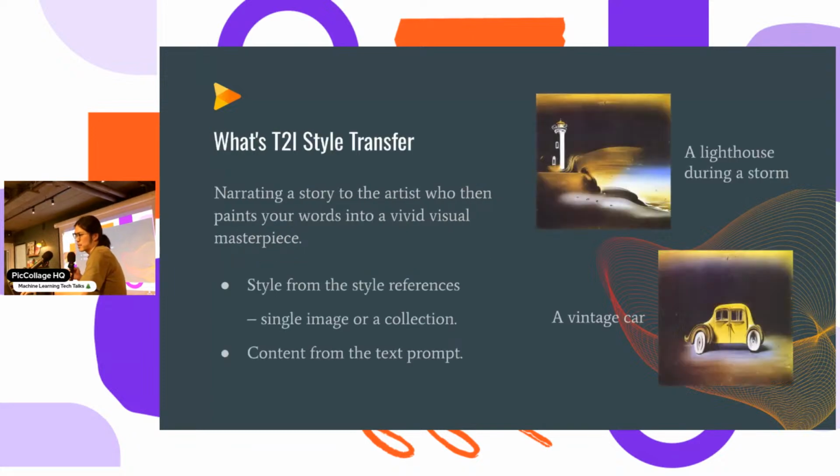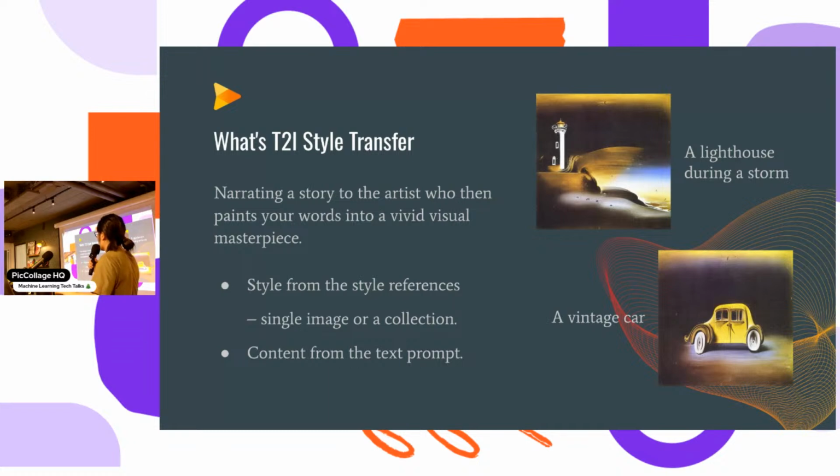So first of all, what is T2I style transfer? We all know T2I generation. We feed a prompt into a model, and we wish the model can generate some results that align with our prompt and are appealing. If we want the result to have a very specific style, then we can provide a style reference to the model. Then we hope again that the model can generate results that align with the style we provided. So how can we provide a style? It can be provided by text, or we can provide it by a style reference.